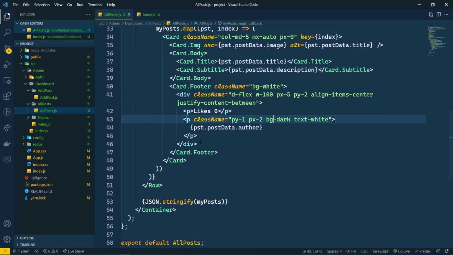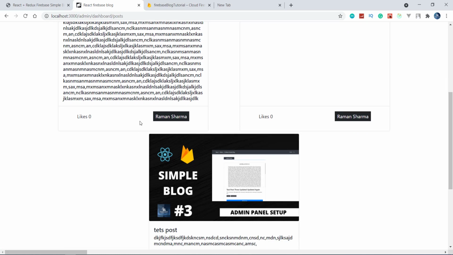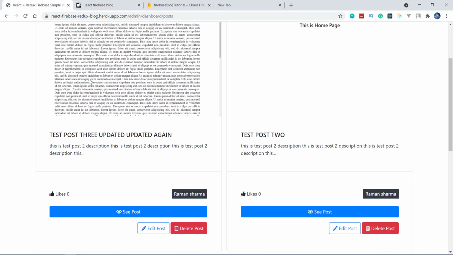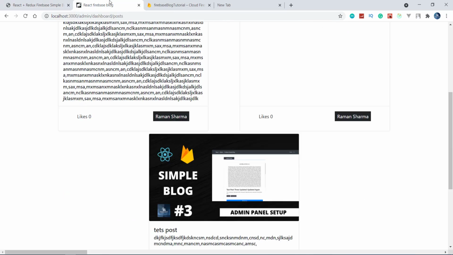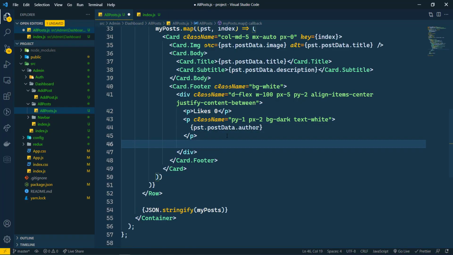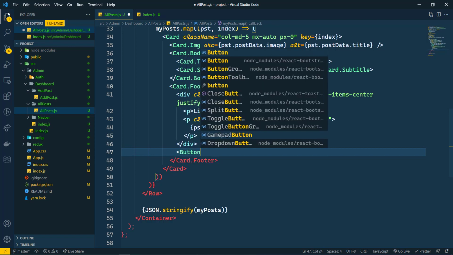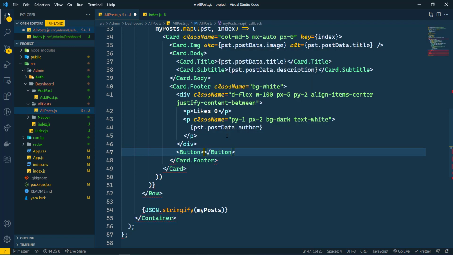So let's move further. Here we are getting this description, and here I'm getting this. So let's add these buttons here. First of all we have to add the Create Post button. So I'm going to add a Button here, and this is from React Bootstrap, and its type will be button, and we need a variant.